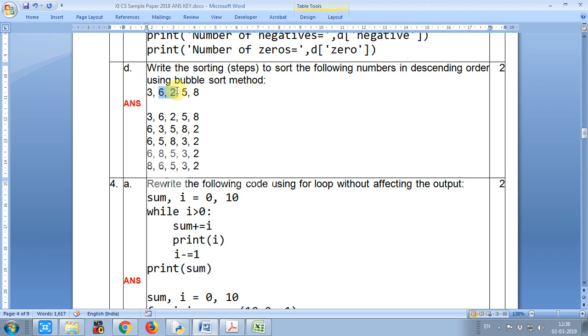So it's very clear that first I have written all the things as such what is given, 3 6 2 5 8. Now my first pass. So this is my first pass of bubble sort, where I have to compare these two numbers. So after comparing, I found that swapping is required because I want descending order. So I just swapped these two numbers. So 6 comes here, 3 goes there, and remaining